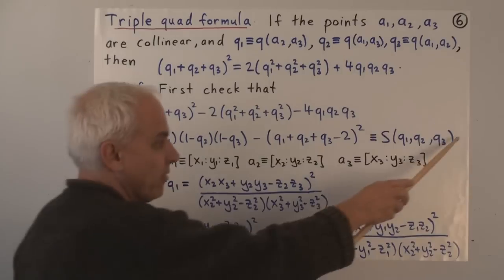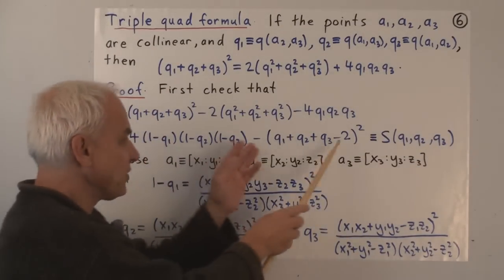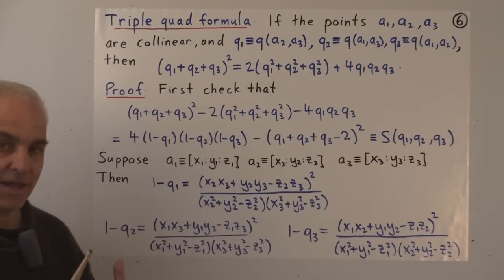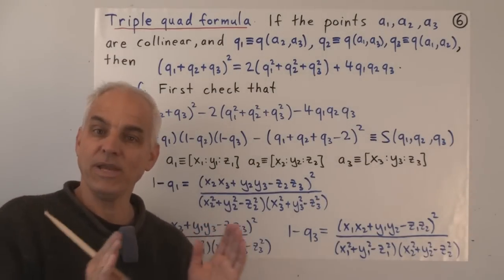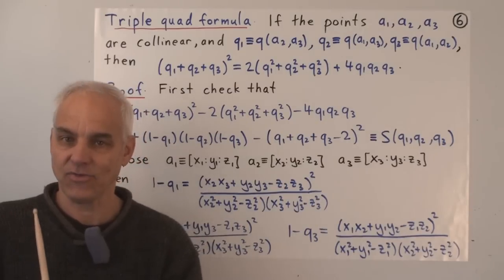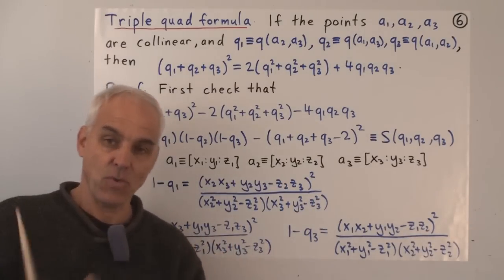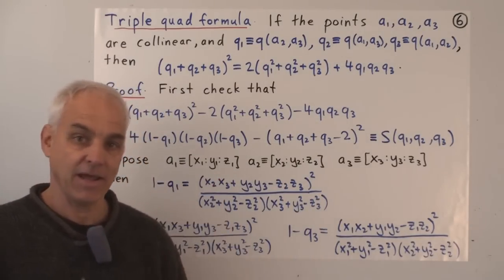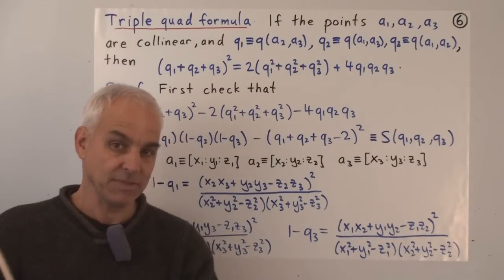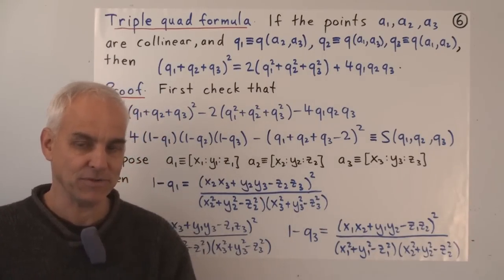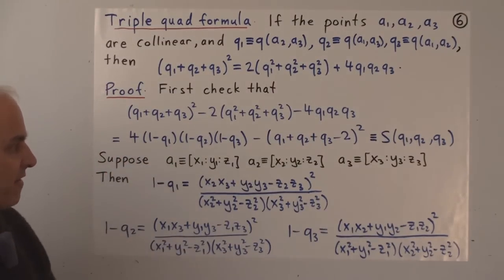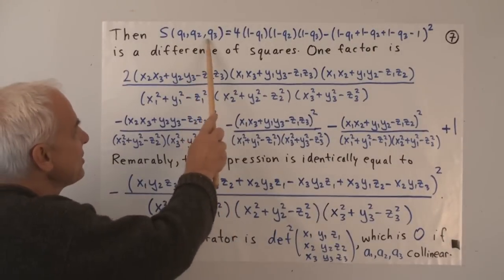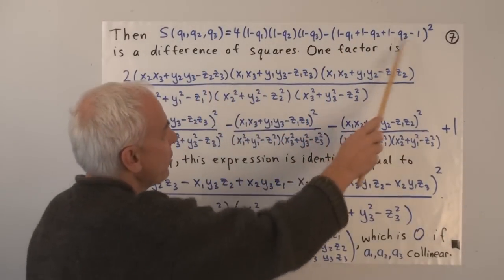We want to show that this thing is 0. So the fact that this is a difference of squares is convenient, and that's the same idea that we had in Pythagoras' theorem. To show that it's 0, all we need to do is to show that one of the 2 factors is 0. And a difference of squares can be very easily factored: a squared minus b squared is (a minus b) times (a plus b). This is exactly the same argument we used for the proof of Pythagoras' theorem in the last video. So let's have a look. What does this factor that we need look like? Okay, so there's the S function again. I've just rewritten it again so we can have a look at it.